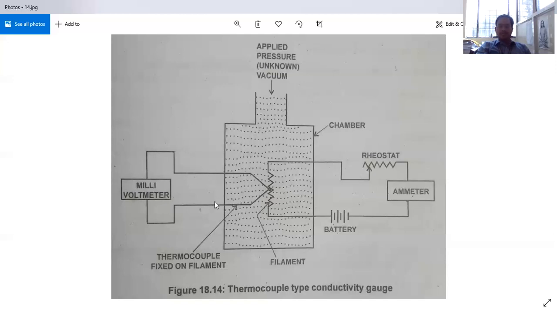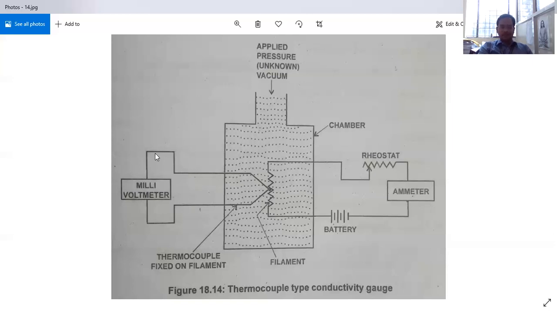The thermocouple principle is like that, where two dissimilar materials are linked and maintained at two different junctions. One is the hot junction, the other is the cold junction. So an EMF is induced in this. Here, this functions as the hot junction, and the cold junction is fixed here. It is already fixed with the ice bath, so the temperature is known here. Only the temperature change here, the filament temperature change, matters. It is the hot junction. When this is the hot junction for the thermocouple, you will find a voltage difference, an induced EMF in this circuit.